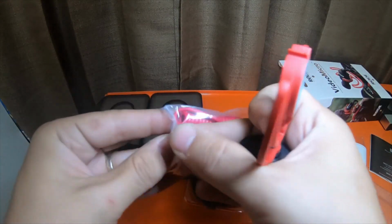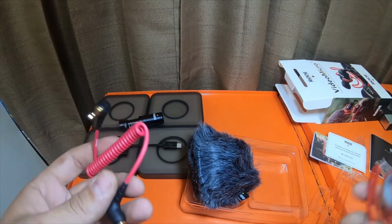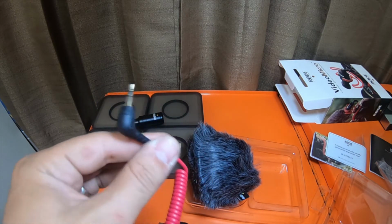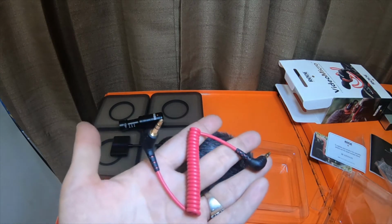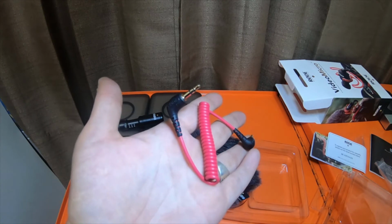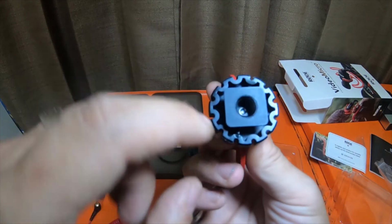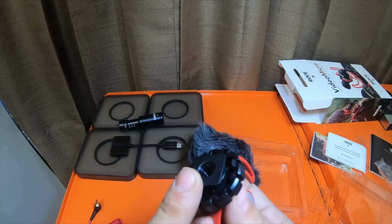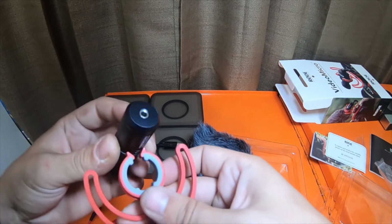This one looks like it just comes with the TRS to TRS cable. The other one, I believe it came with both a TRS to TRS and a TRS to TRRS cable, which would be the third ring. These only have 2 rings. I do like these mounts. I do like that you can use a 3/8 thread, which is very nice. This guy just goes on here